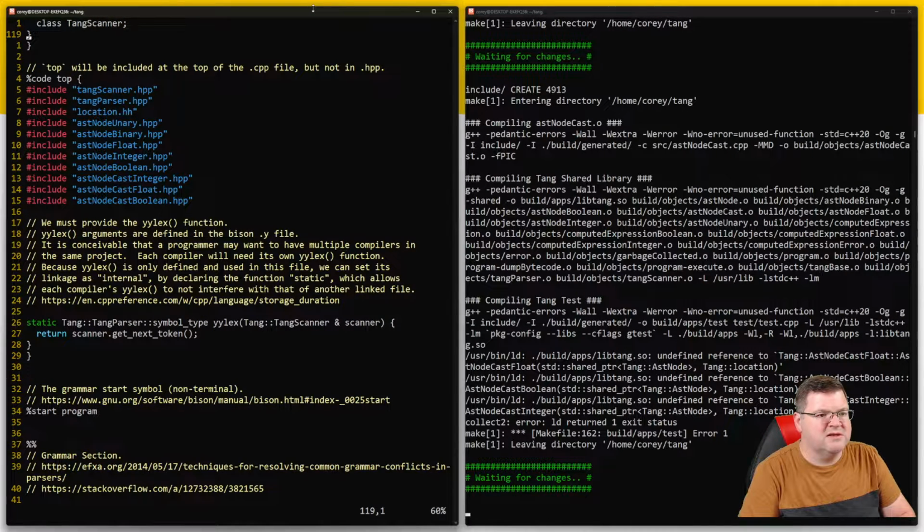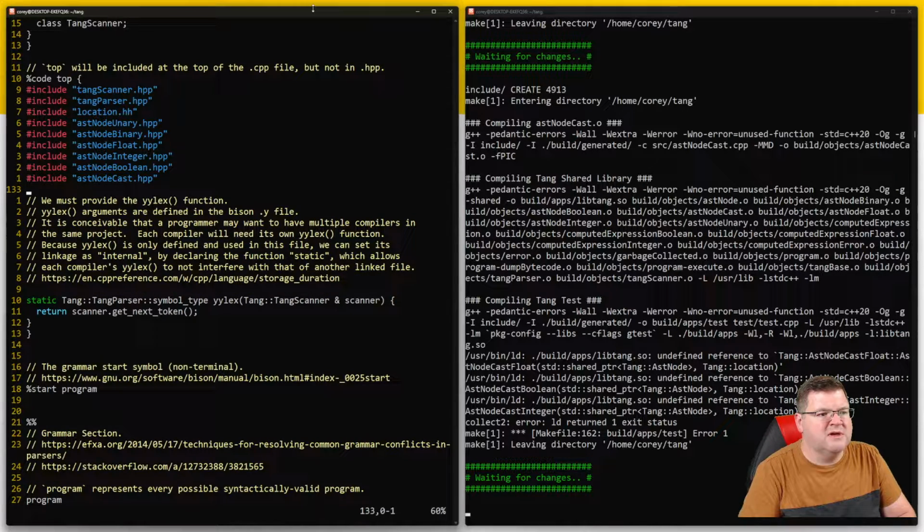And there we go. So we no longer need all of these node cast types. And now